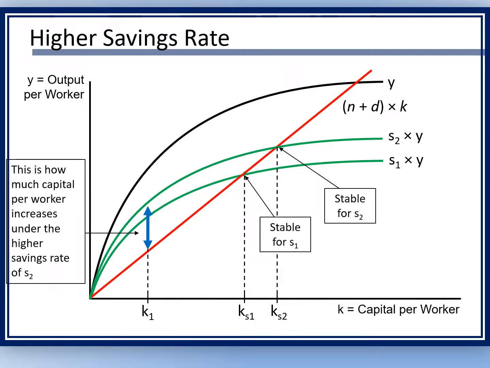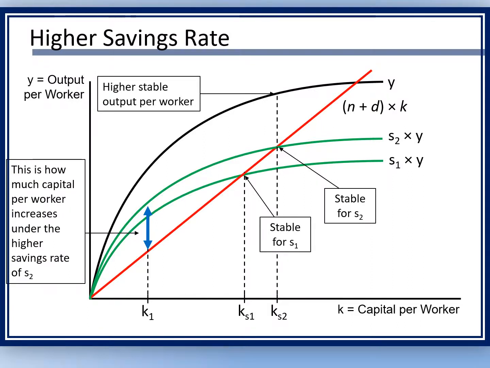And second, that means that you can sustain a higher equilibrium because you're saving and investing more, so you can afford to have a higher capital per worker and still be able to offset loss to population growth and depreciation, right? So you can see that the capital per person in this economy is higher when the savings rate is higher,